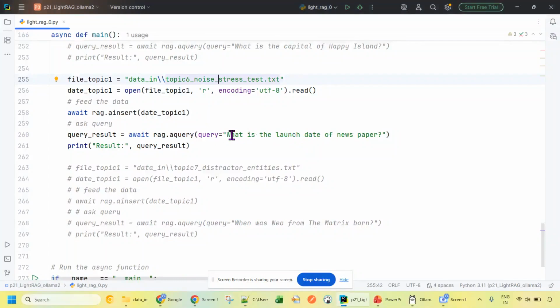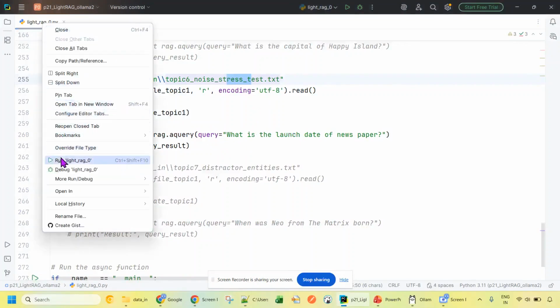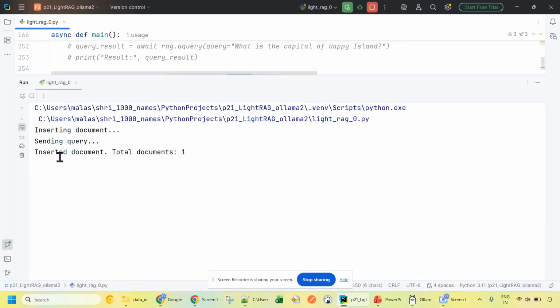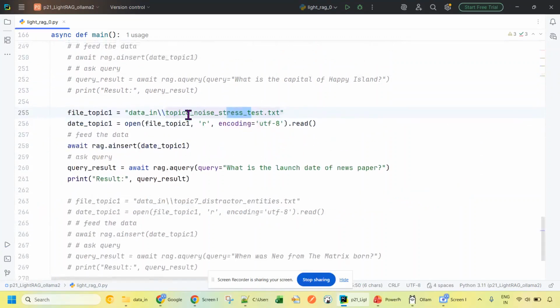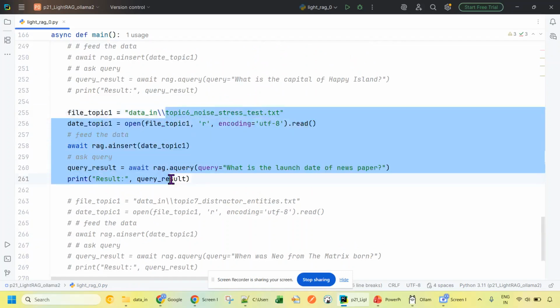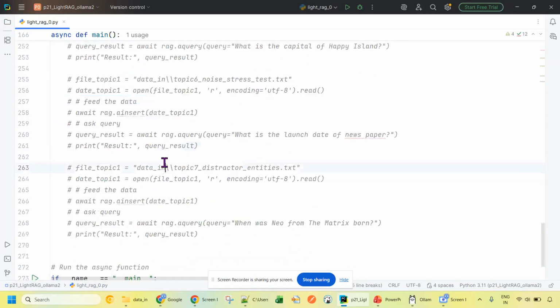Okay, so there is a lot of noise, the LightRAG has to filter it and give the output. So the New York Tribune was first launched in 1866. Its publication run is shown as 1866 to 1924. So this information is extracted from a noisy source, which is good. Next, we will see